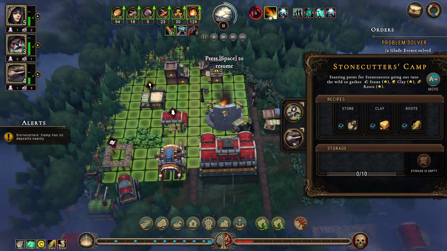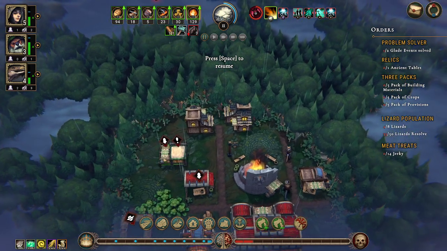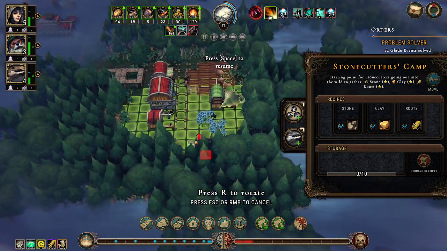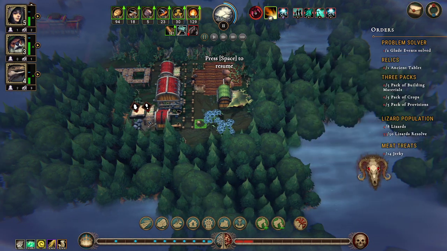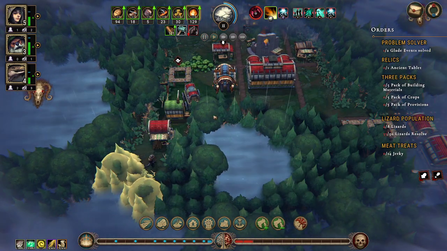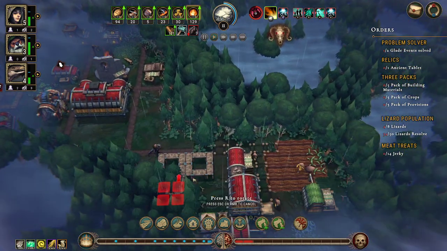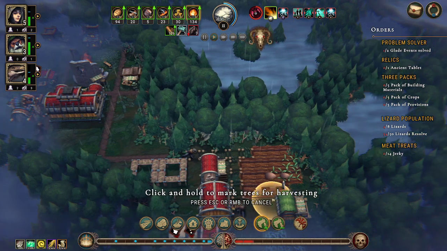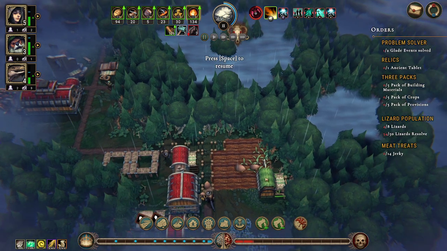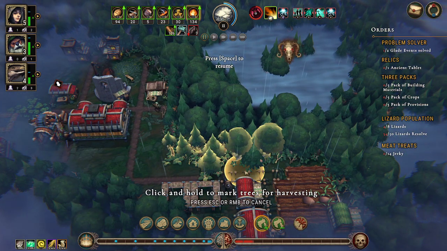Okay, our stonecutter is clear. So if we wanted to, we could actually recycle that, but we'll just move it out the way to somewhere like that, and that frees up one more worker, or one more builder. Okay, we're gonna go ahead and reposition our farm now, and then we're going to clear away this area,